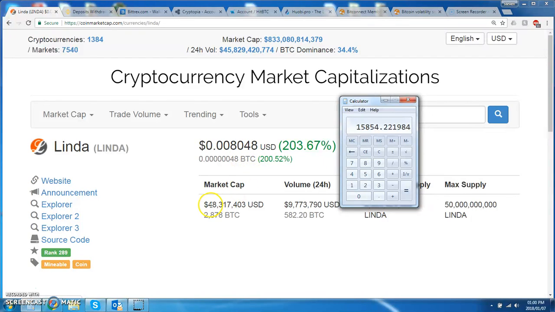So I mean, this is still very cheap in my opinion. I got in when it was worth $2 point something billion, and now it's worth almost $50 billion. But I mean, this could very easily go to a couple $100 million, if not a lot more than that. Because I mean, this cryptocurrency space is only growing. So if you think of a coin that has a $500 million market cap,